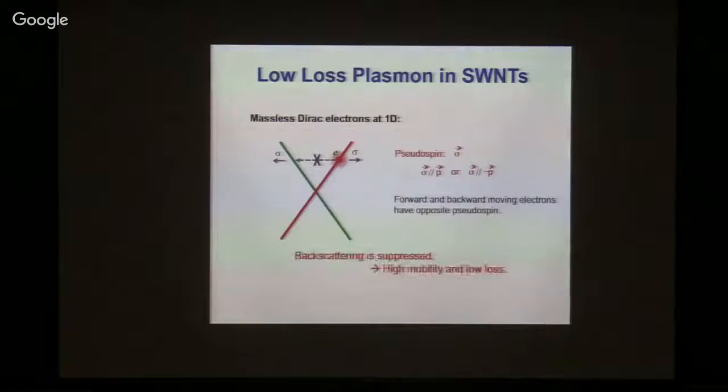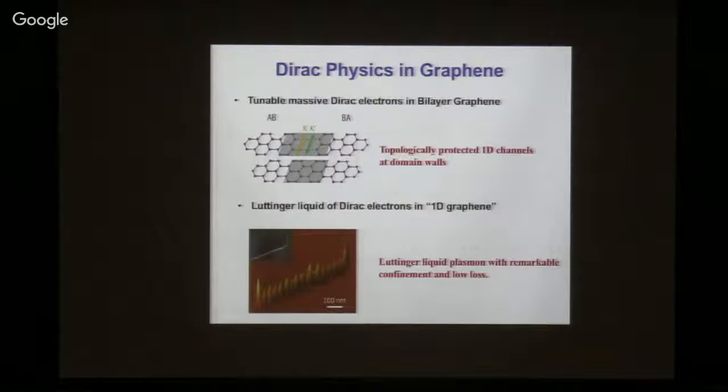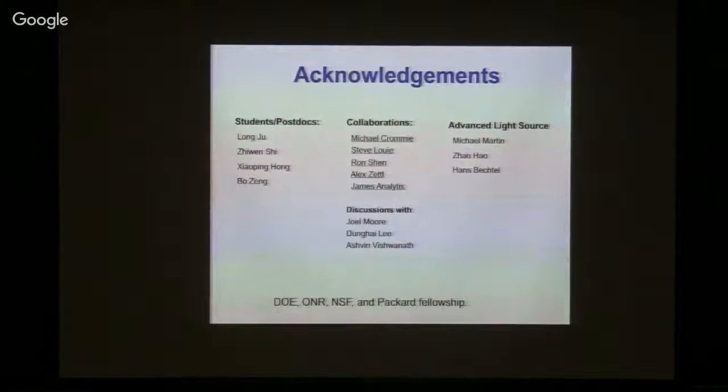With that, I would like to just skip to the conclusion. I have shown you basically that the graphitic system is a very nice platform that allows you to study different types of behavior. In particular, bilayer graphene allows you to controllably generate a mass and realize a mass domain wall and study its transport properties. And carbon nanotube is basically the best system in which you can explore Luttinger liquid physics. And with that, I would also like to thank the students and postdocs who did the work, and also other members of my group whose research I didn't cover in this talk.